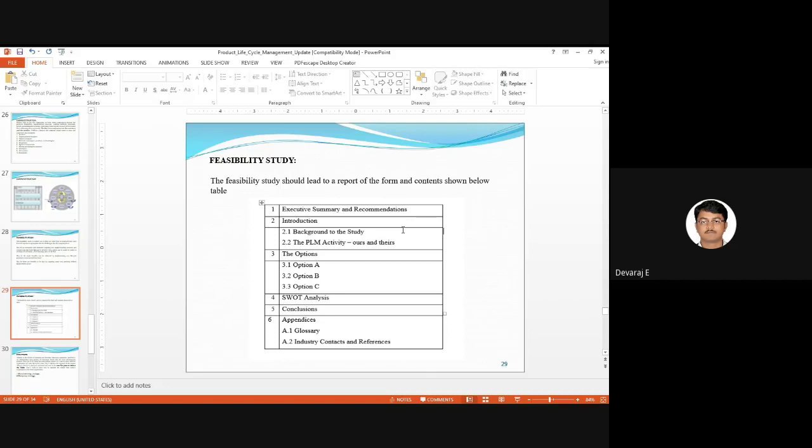You should see the product details from the last 2 years, as well as the results obtained for the product, and then you will recommend. You will recommend whether we should use the same procedure, or the same method, or go for new technology, everything. So that's for a recommendation.